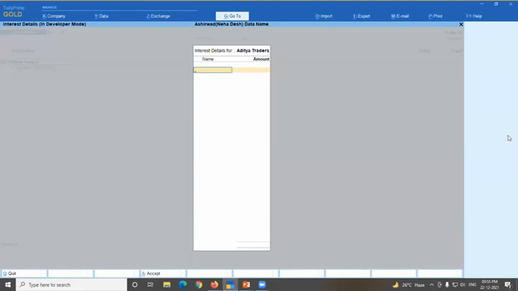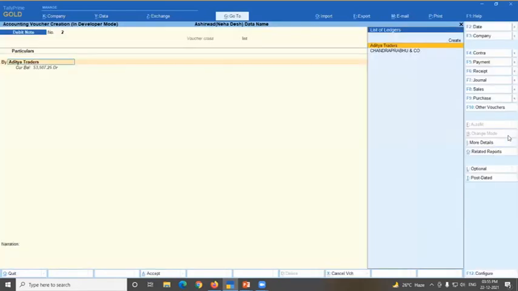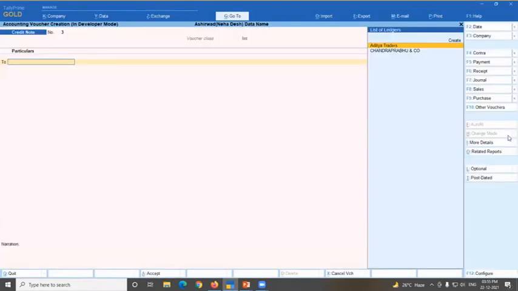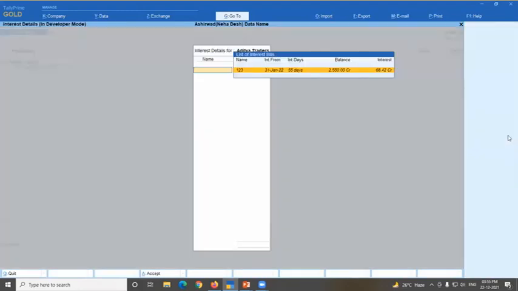If the interest is debited, then interest will occur here. Or in our case, that is a credit note. So you have to press F10, credit note with interest class. And see, as I select the party, the interest is showing automatically.